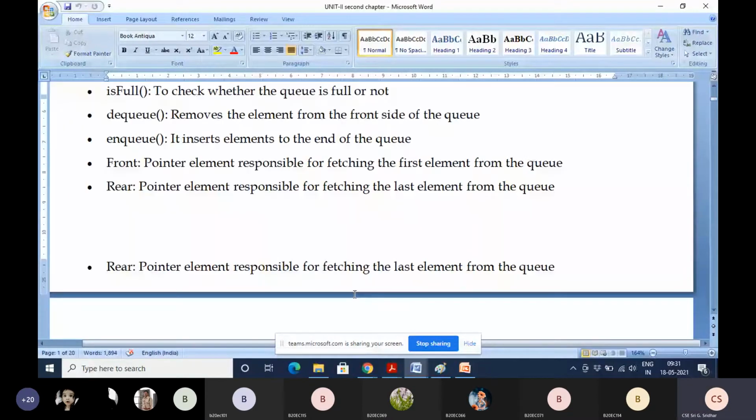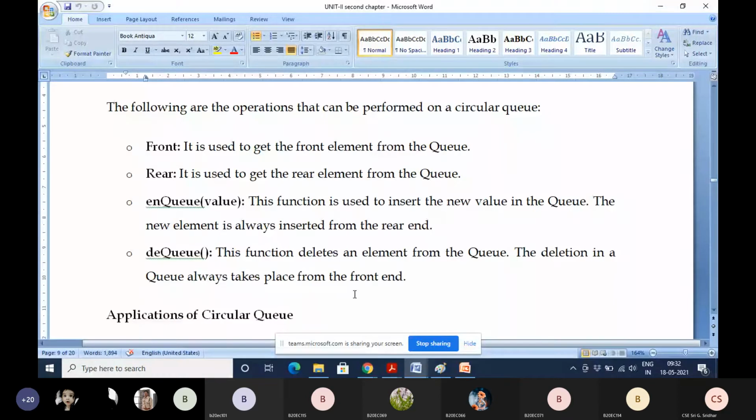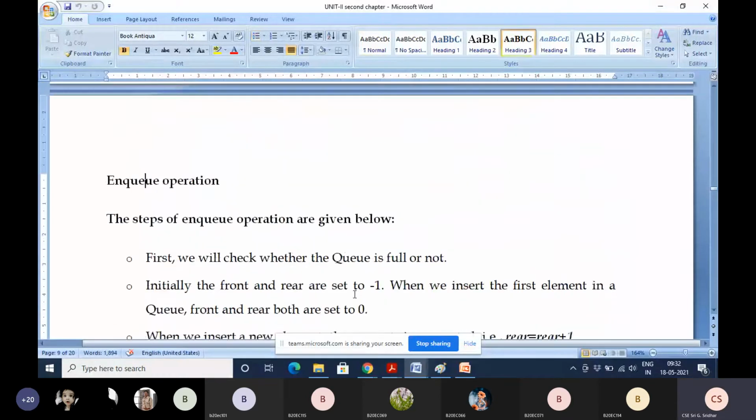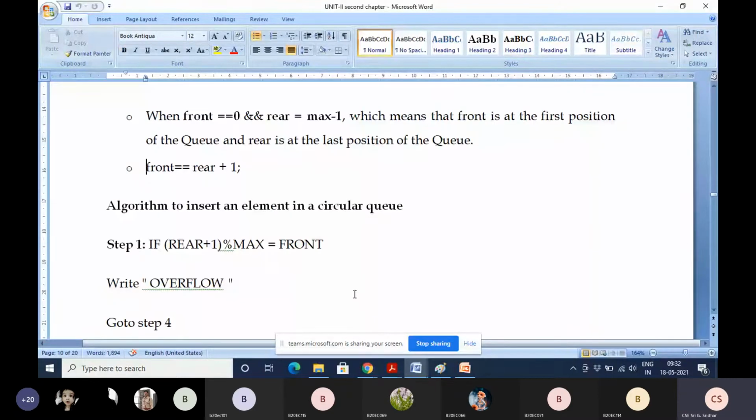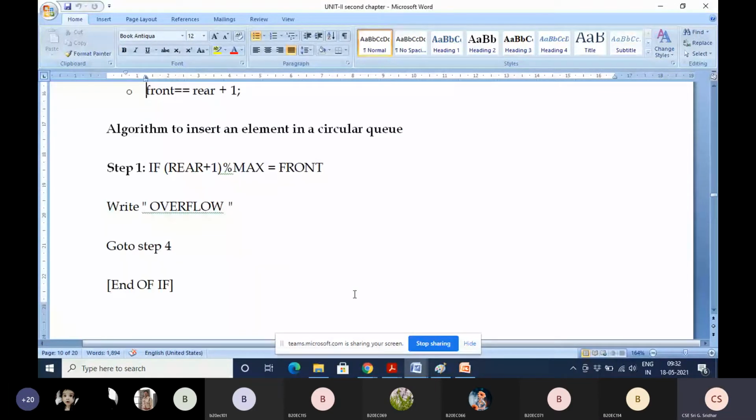I think we completed up to this point: the algorithm to insert an element in a circular queue. This we discussed in the last class with an example, right? Yes, sir. Okay.